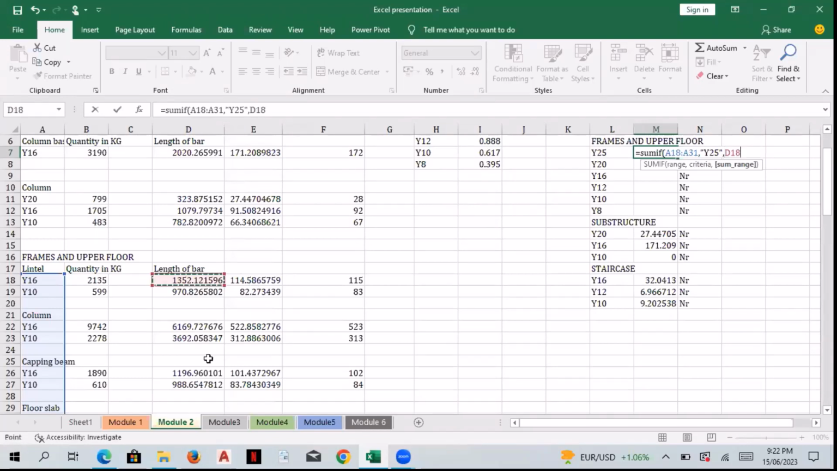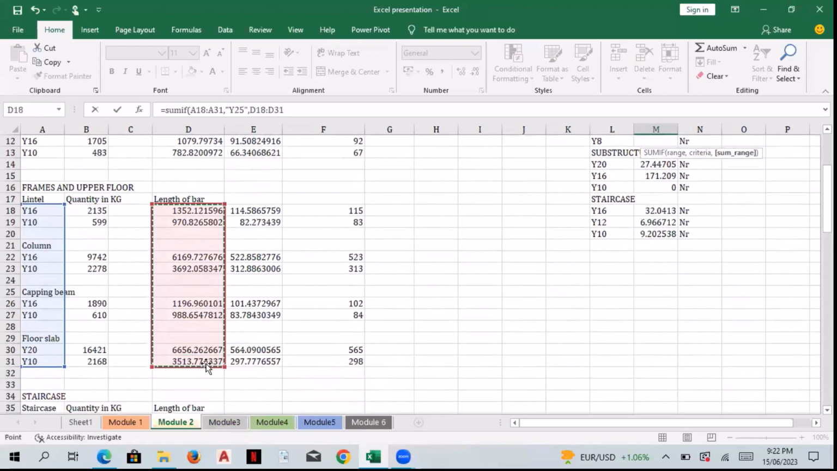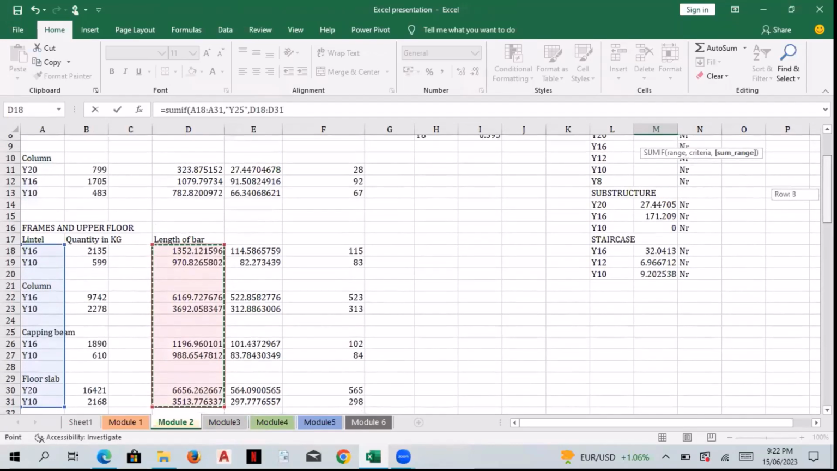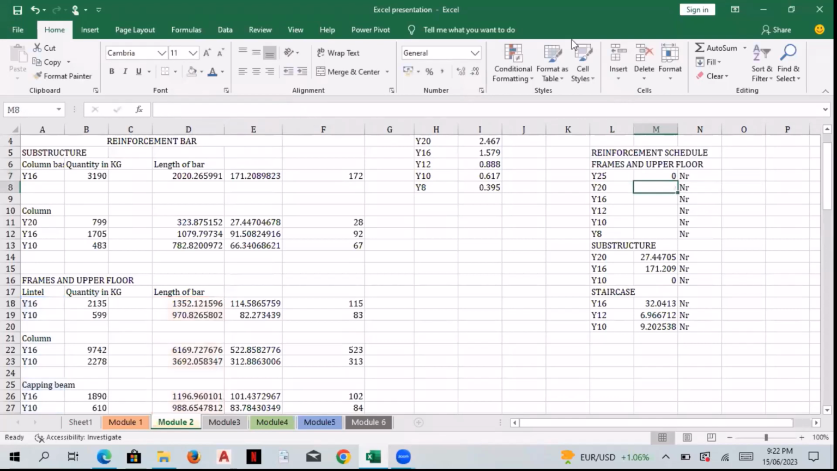We want summations from this range of data, from this to this. So we fulfilled the requirement of the formula. By doing this, we can close and click on enter. We have 0. There's no reinforcement y25 anywhere